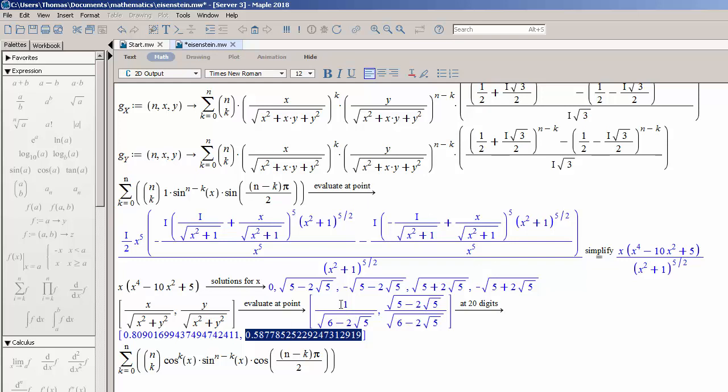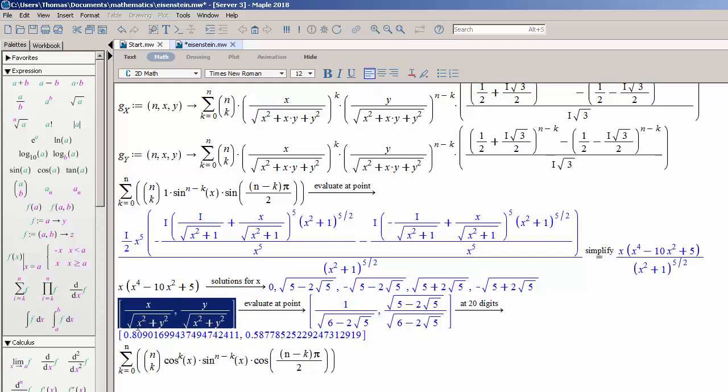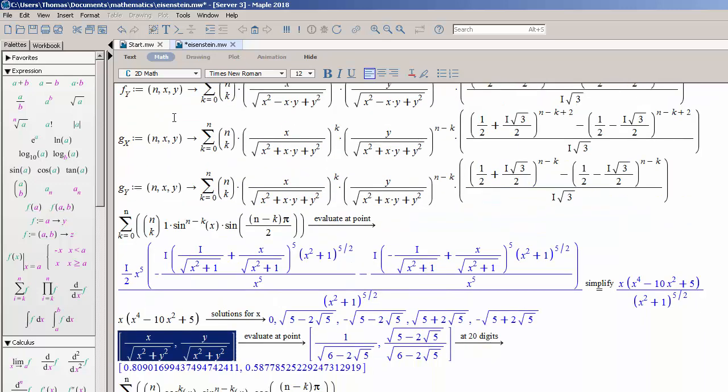What I want to say is my polynomial or functions, they do pretty much the same thing. You put them in a vector just like this with the denominator x squared plus y squared minus x times y, or plus x times y, depending on if you're using f or g. And just in the same manner, the ellipse is split into equal parts. Just the same way